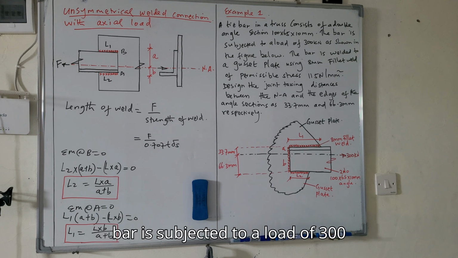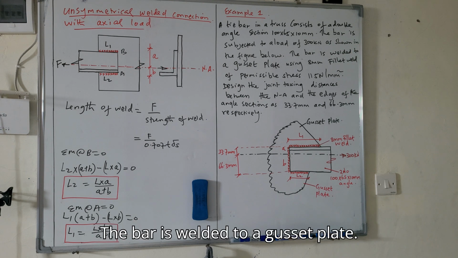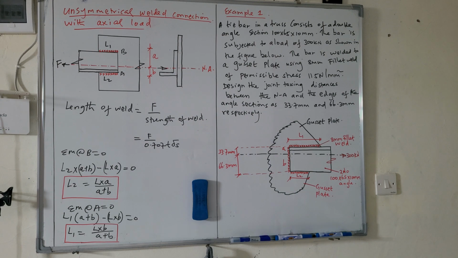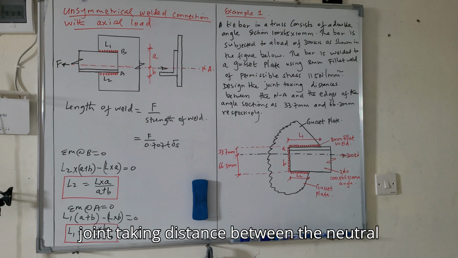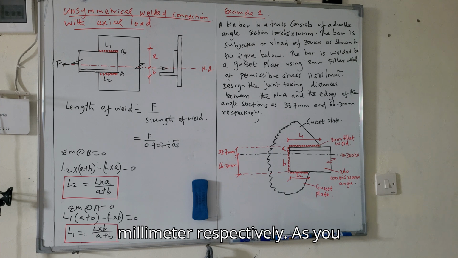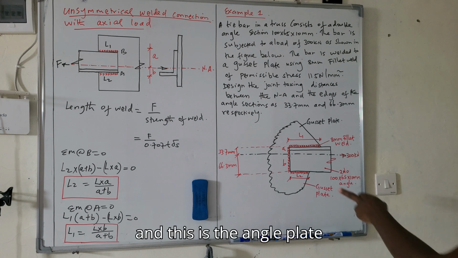The bar is subjected to a load of 300 kilonewton as shown in the figure below. The bar is welded to a gusset plate using 8 millimeter fillet weld of permissible stress 115 Newton per millimeter square. Determine the joint design. Design the joint taking distance between the neutral axis and the edges of the angle section as 33.7 millimeter and 66.3 millimeter respectively. As you can see, this is the connection and this is the angle plate,